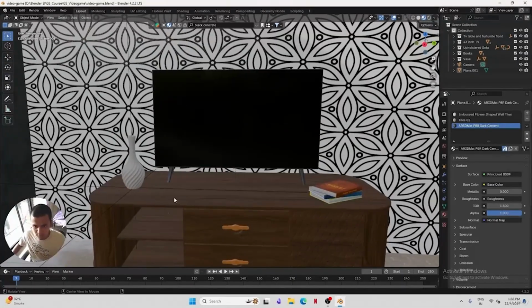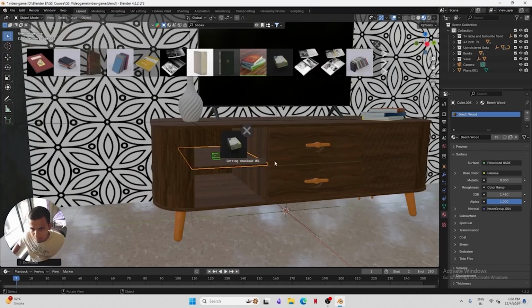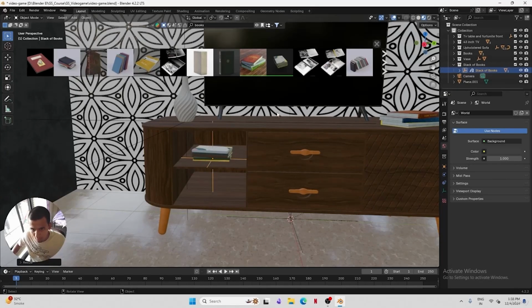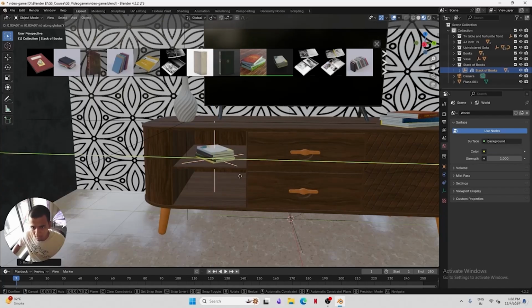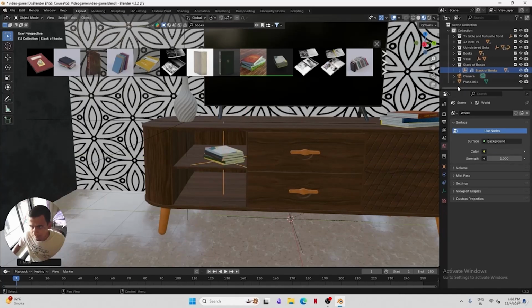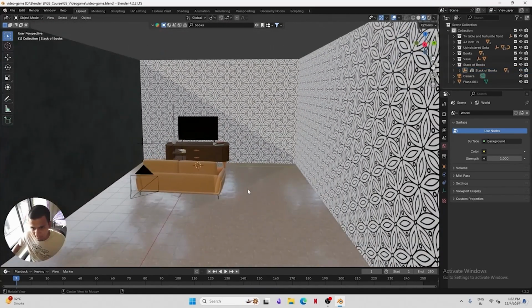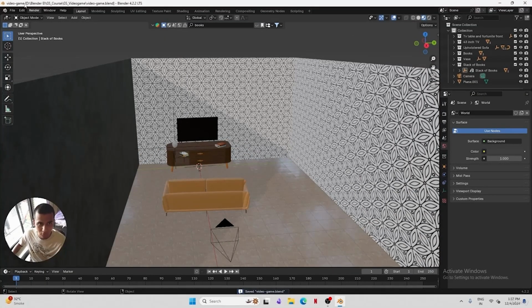Maybe add more books in the shelves. Rotate it something like this. So well, this is done, and now what we can do is we can import our own footage which